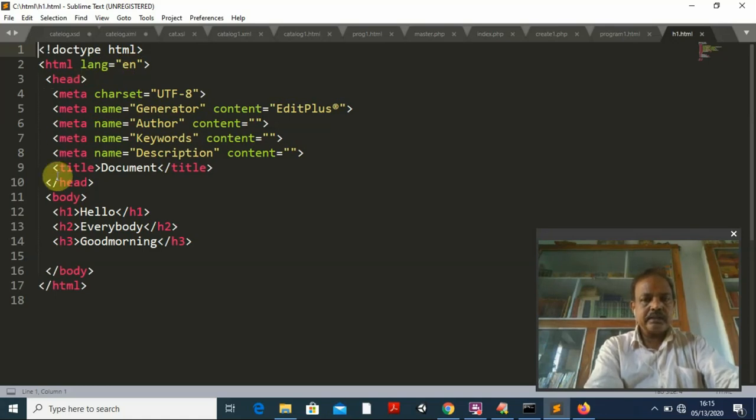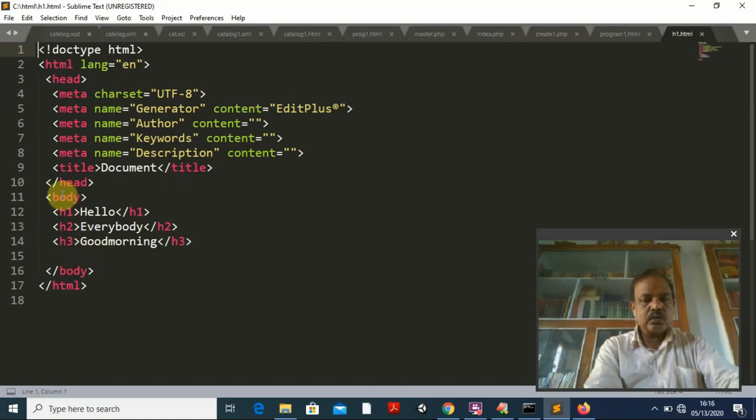Head, this is the opening tag and this is the closing tag; the opening tag is title, the closing tag is title; and meta charset equal to UTF-8 is the coding only, and the remaining is optional. Whether you write the 1 2 3 4 or not doesn't make any difference. Then in the body, I have written different tags, for font size and boldness. I have written header 1 h1, header 2 h2, and header 3 h3.